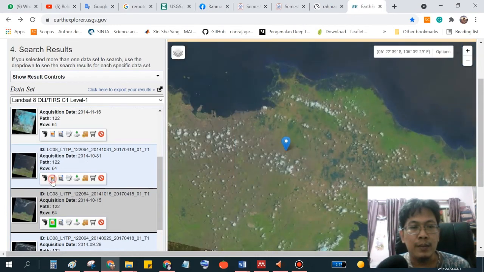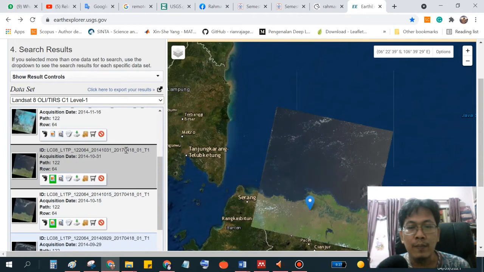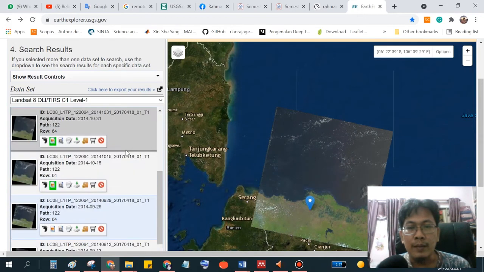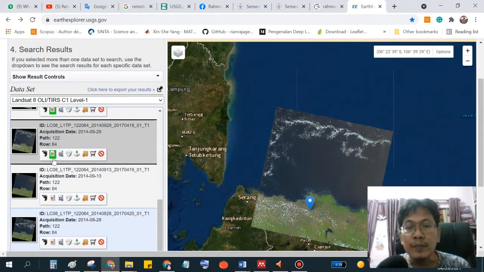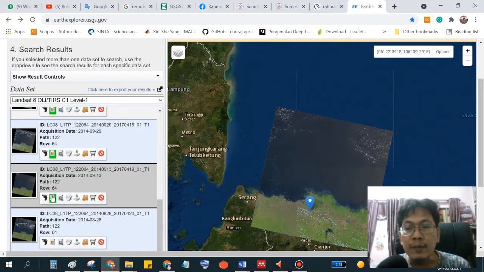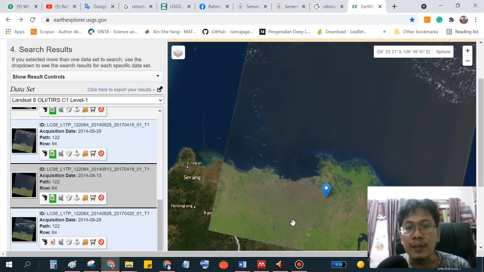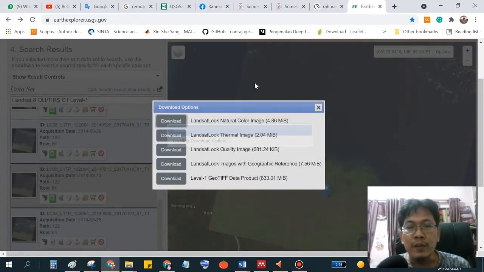Okay, we check another. Okay, I think this is better than the previous. I think the sky is clear, and we download the GeoTIFF product.